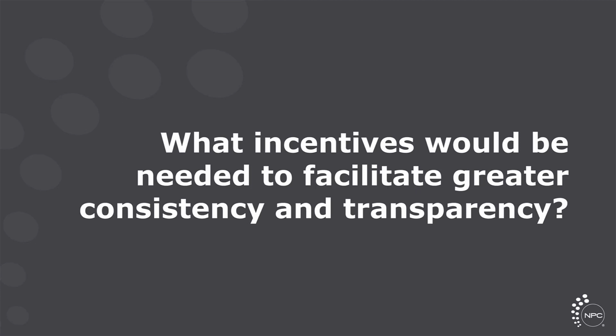Why is it that this particular health plan has decided to cover the drug in this way, while another health plan has decided to cover the same drug in a different way? It's really affecting, I think, patients' access to these products, and physicians. It's affecting how physicians prescribe, because they have to tailor the treatment not just to the patient, but also to the patient's insurance company. Even the industry, I think, it complicates matters in terms of how we generate evidence, because